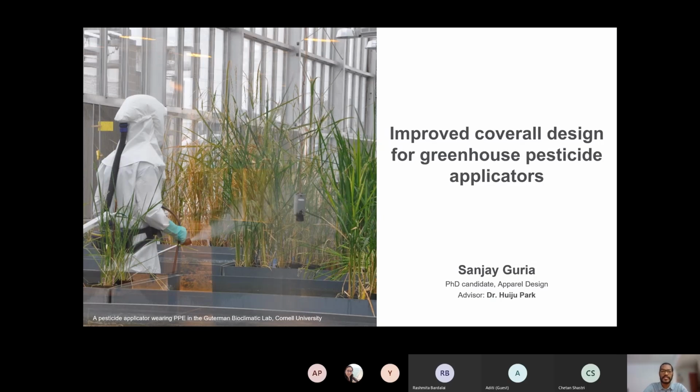So that was a brief introduction about my project. The image on the left is my field site. This is the Cornell Bioclimatic Lab, one of the Cornell greenhouses where some of my human subjects are. So to begin with this project,